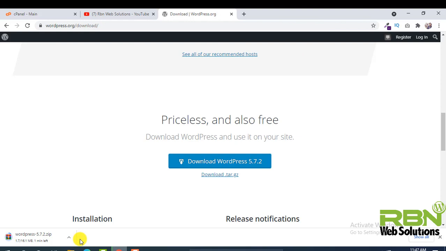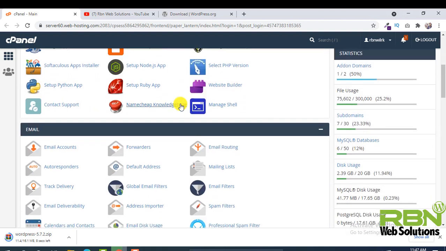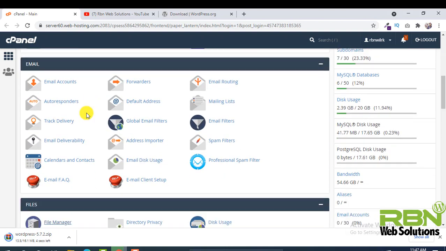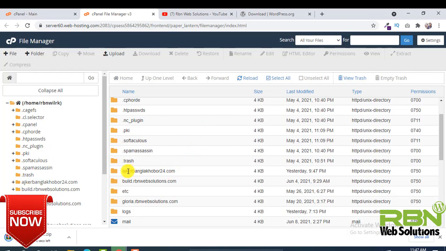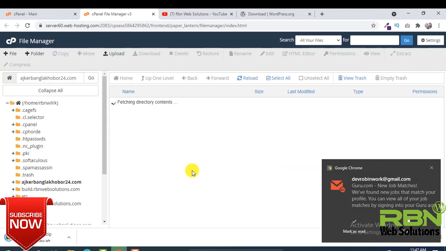It's downloading, and in this time we are going to do another setup. You have to go on your cPanel. Then first we are going to see the directory where we are going to install the WordPress. So go to the file manager and then you can see here in this domain we are going to install WordPress manually. So enter there,